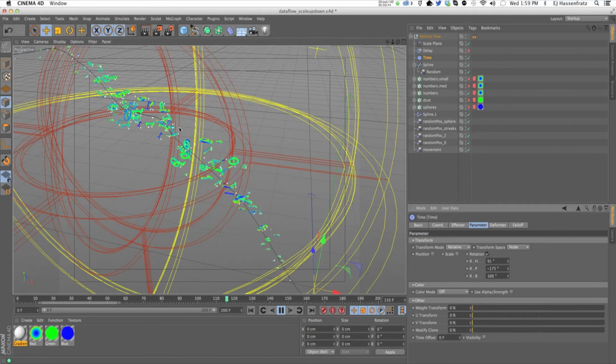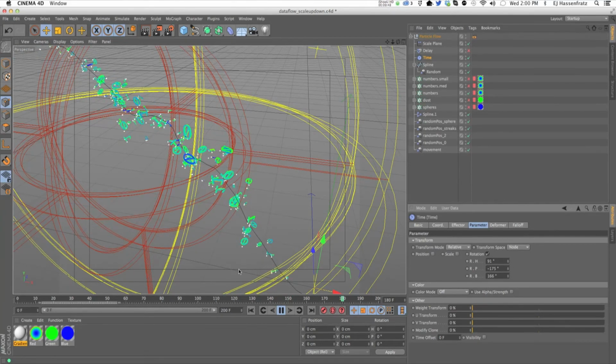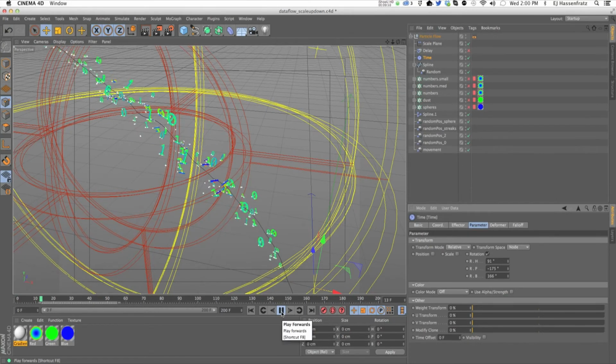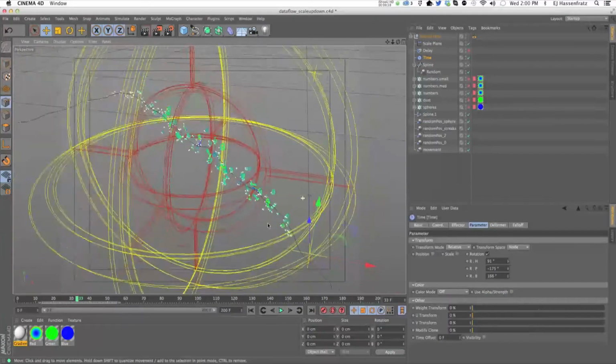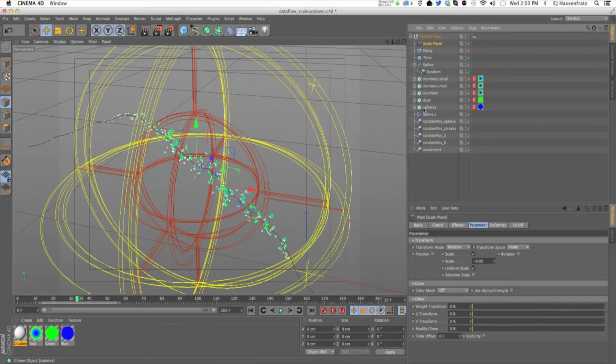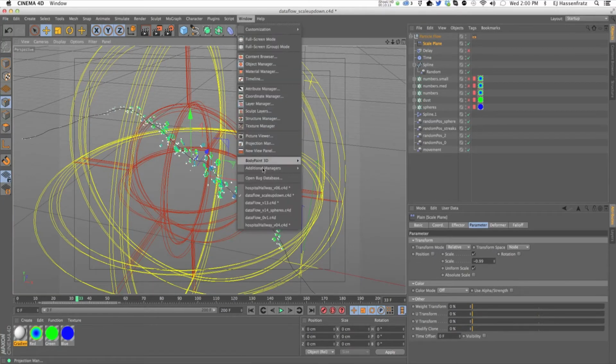So you can see that with this time effector, all of these numbers are tumbling and rotating along this spline. So when it's actually moving, it looks like everything's tumbling organically. So that time effector really came in handy. And then I just have a plane effector set to spherical to control the scaling up and scaling down, so it's nice and seamless. So we built this, or I built this, and I used the